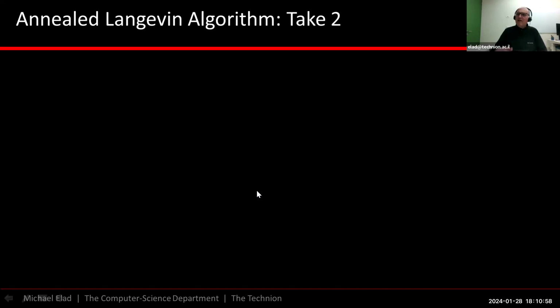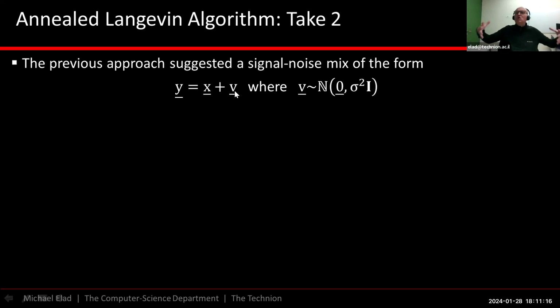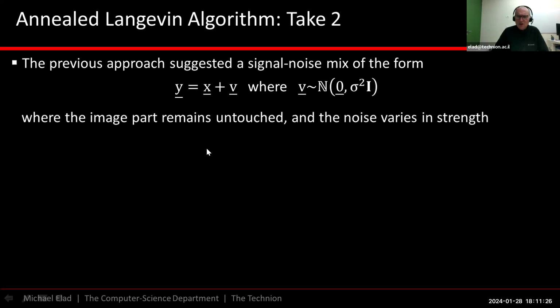Okay, let's have another take. Another take that is really crucial because people use the following version and not the previous one. Here is what we did. We created a mixture of image and noise. We took the image and added noise in growing levels up to the point where the image drowned in noise. And this is our Ys. People said, rightfully, why are we doing this? Why not do something smarter? Why not create a mixture where,